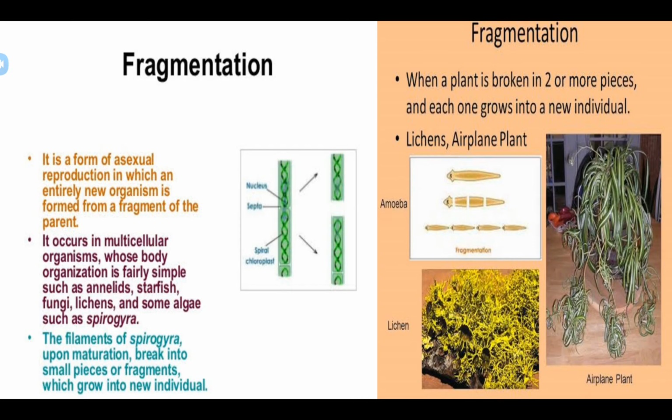Then come to algae, which you already know about. You learnt in nutrition in plants that algae have a green pigment, which means they are involved in the photosynthesis process. So how do they produce new offspring? Through asexual reproduction, fragmentation. It is also asexual reproduction. Actually, it can occur in multicellular organisms also. That means, where do we generally see algae?